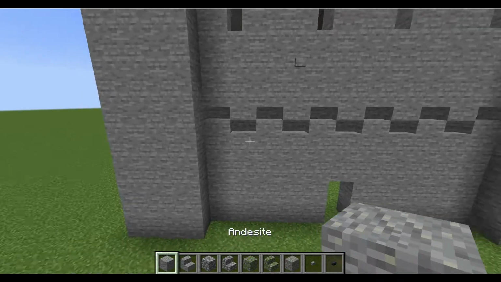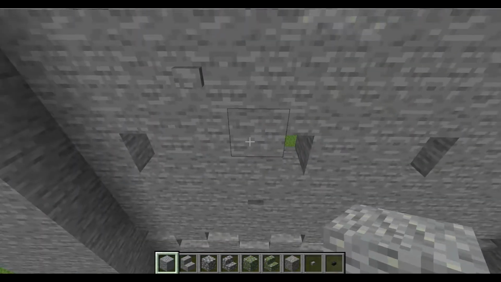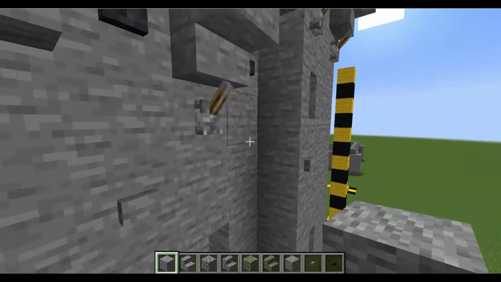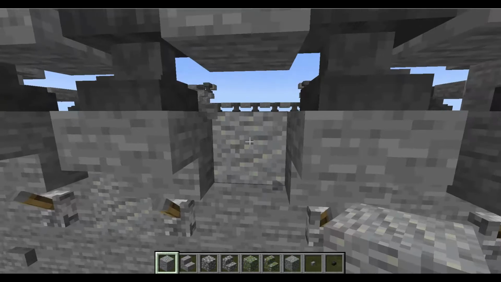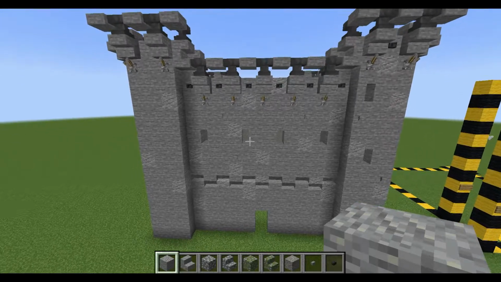And then just, you want to start by adding in a little bit of andesite. Kind of, like I said, there's no wrong way to do this. Just add yourself in a little bit of texture variation without going overboard. So once you feel you have an adequate amount of andesite, you could go ahead and call this keep finished